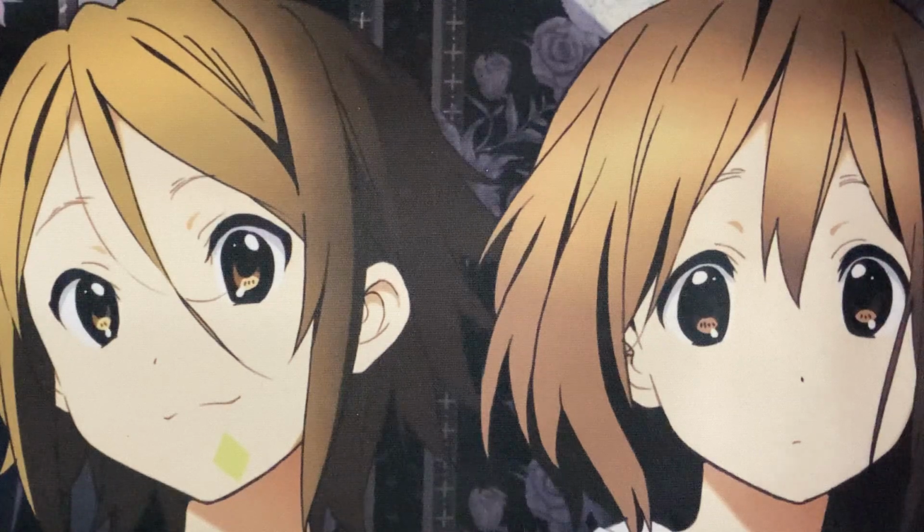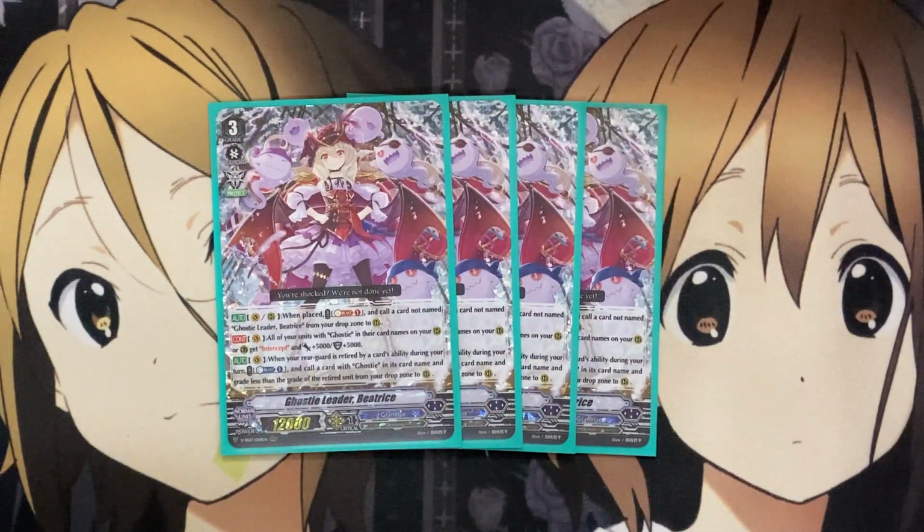So for the Ghostie Main Grade 3, we're running 4 Ghostie Leader Beatrice. On Vanguard or rear, when placed, you Soul Blast 1 and call a card not named Ghostie Leader Beatrice from your drop zone to the rear. So you're not even limited to Ghosties with her first monster ability, just being able to call anything aside from herself, just for the fact that it would cause an indefinite loop, as long as you have the Soul